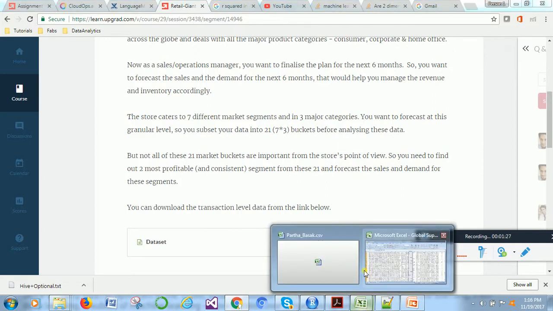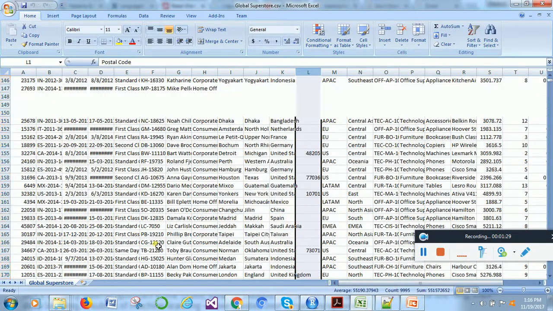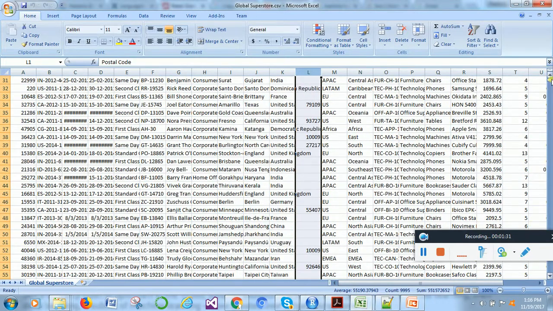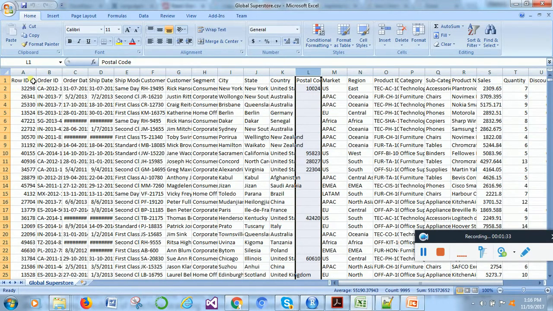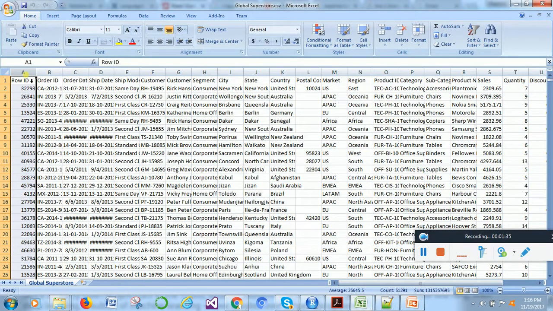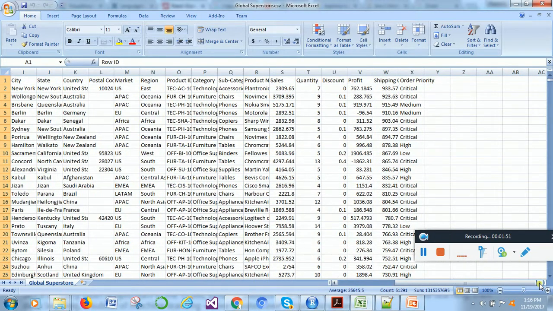If you look at the data set, they have given it here. The data set has the request order ID, row ID, order date and all those things, even different segments, customers, all those details. The category, which category it is, also different markets, regions, the quantity, everything is given. So let's start with